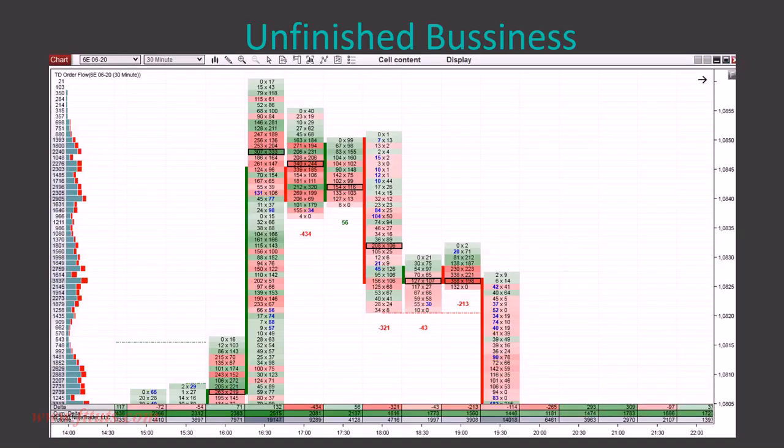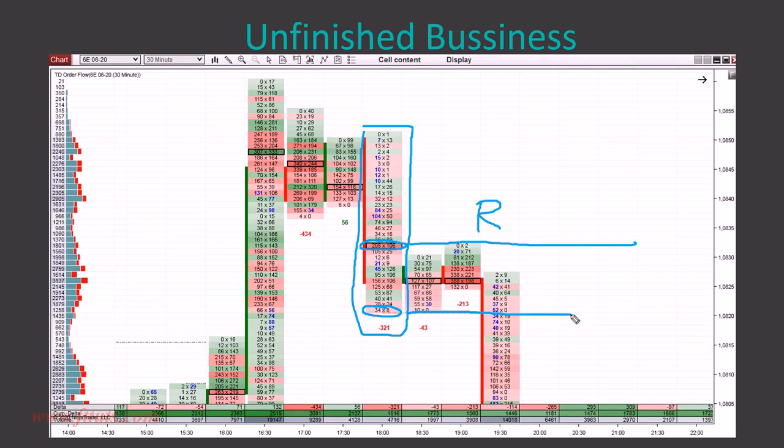Now another example. There is this rejection of higher prices, then this is a strong sell-off. You see those imbalances, aggressive sellers pushing the price downwards. Then the high volume node is in here, which is a nice resistance zone. Let's say you're not really sure if you want to enter short from this area, but you see that there is a magnet. There is unfinished business at the low of this footprint. So what it tells you is that it will most likely work as a magnet, right? This level should work as a magnet.